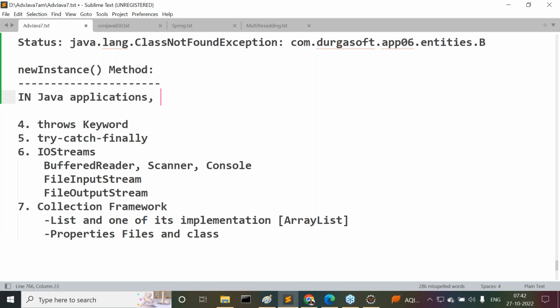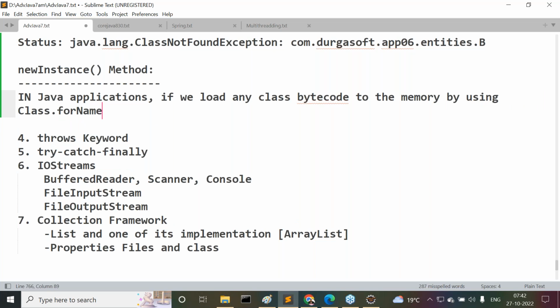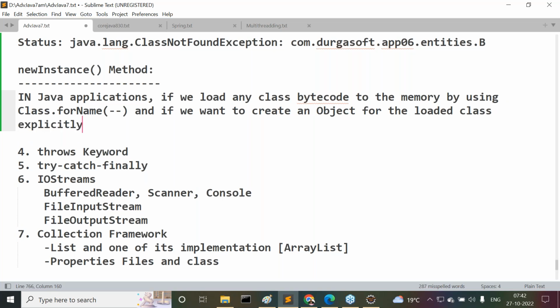In Java applications, if we load any class bytecode to the memory by using the Class.forName method, and if we want to create an object for the loaded class explicitly, that is, after loading the class bytecode to the memory for a particular class by using the Class.forName method, if you want to create an object for the respective class explicitly,